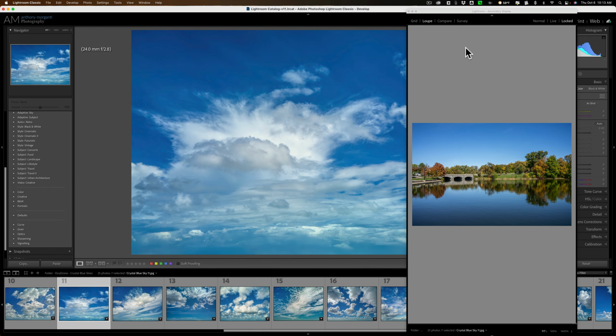So that's it. I just wanted to share with you this tip very quickly, how and why you may want to use the second screen option in Lightroom, even if you don't have a second monitor on your system. And when you're done, just close the second screen down,